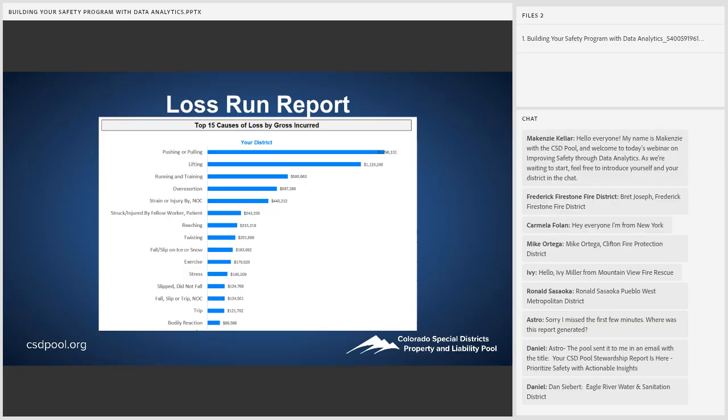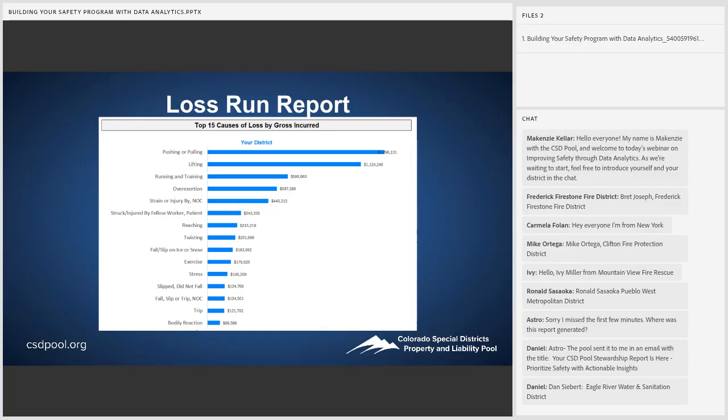Where are our teammates getting injured? We can take this data, and our real goal is to look at it and say, what can we do as a district to help stop that? For this specific example, just a generic district, we have pushing, pulling, and lifting as our top causes of loss. Once we see that, we can dive a little deeper into our data, and I'll talk about how we get to those data points in a little bit, and ask the questions of